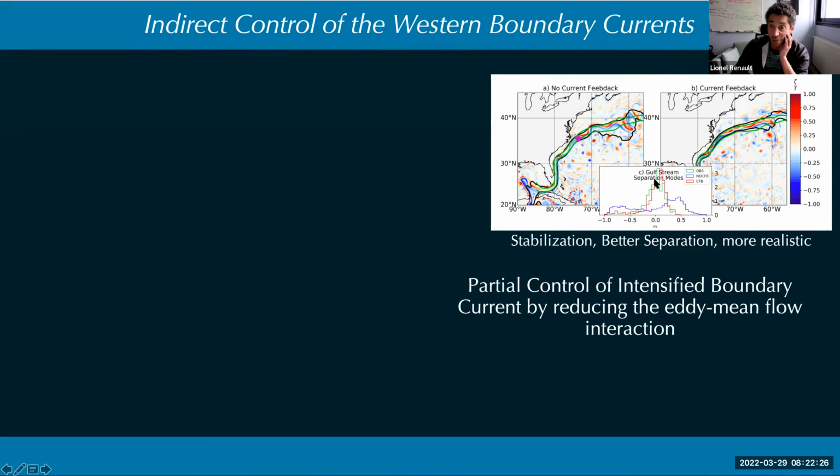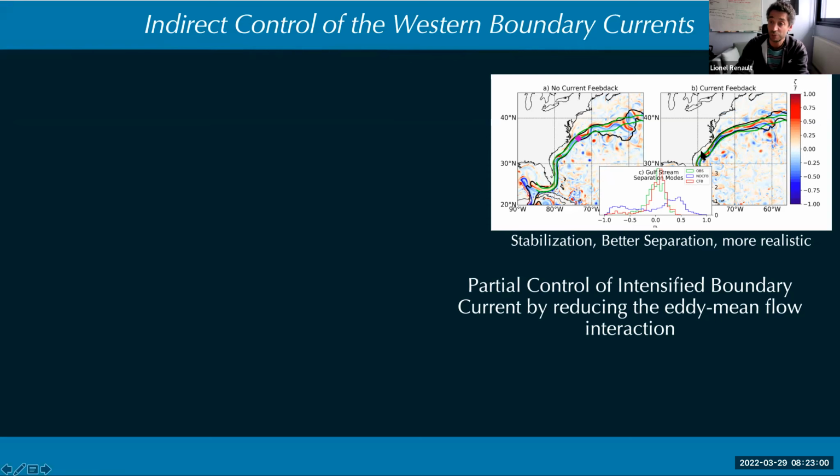If we do a histogram here, the PDF of the separation of the Gulf Stream, we can see that in the observation, we have a very stable separation always at the same place. But in the simulation, we have a bimodal separation. Sometimes it has a kind of small overshoot, sometimes it's too south. So basically, it's way too meandering. And post-separation, we have the same issue here. We have a Gulf Stream that is too meandering and that has too large interactions with the eddies, actually.